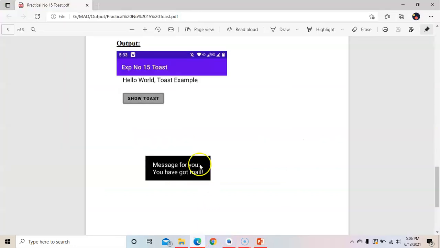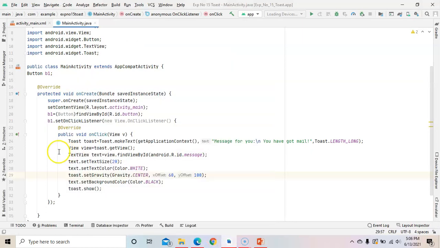So these are all the attributes we need to use to design the toast message. So the attribute will be this and the output will be this. So when you click on the show toast button, it will show you a toast message like this. By using the attributes of a text view, we design the toast, that is set text size, set text color, then set background color. These are all attributes of the text view. We use these attributes for the toast message. For that we need to create a view class and get a view, that is text view. So this is the program to show a toast message, to design the toast message.